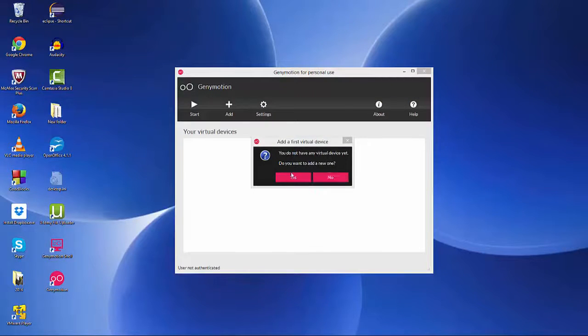And now the Genymotion emulator has been started, and here you will be able to see this pop-up, add the first virtual device. So for the first time, whenever you start this Genymotion, it doesn't have any virtual device. Virtual device means any virtual device which you can start to run your app. So you need to add your first virtual device. So just click yes,